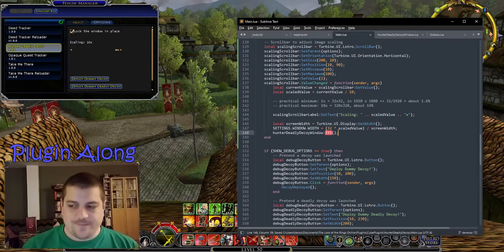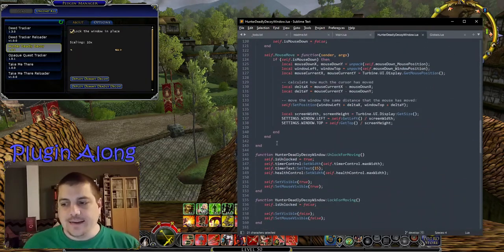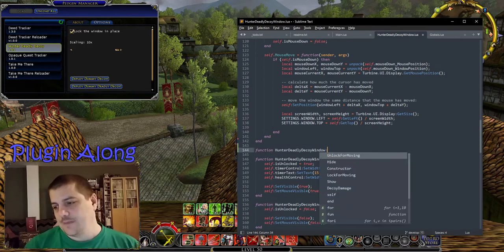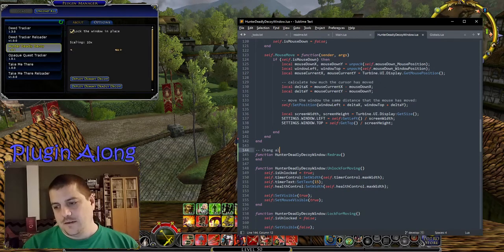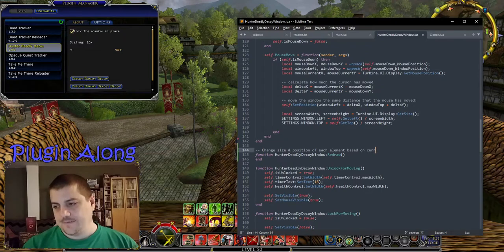We're going to call some function, right? What's the function going to be? Now, I already hinted at that before. We need a redraw function that does all of this repositioning logic. Redraw: change all size and position of each element based on current...